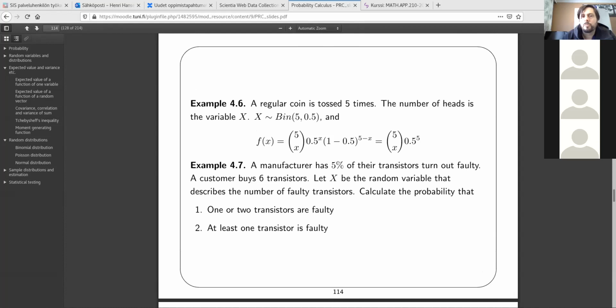So I'm going to use the group work session here. The setup is that a manufacturer has 5% of their transistors turn out faulty. A customer buys 6 transistors. Assume that this is a binomial distribution. Let x be the random variable that describes the number of faulty transistors in this purchase. Calculate the probability that 1 or 2 of these are faulty, and calculate the probability that at least 1 transistor is faulty. I'm going to pause